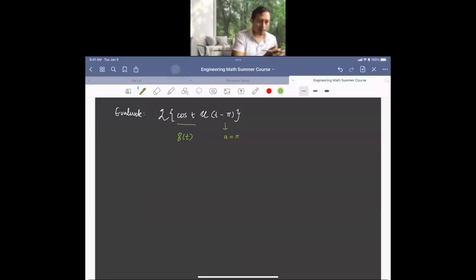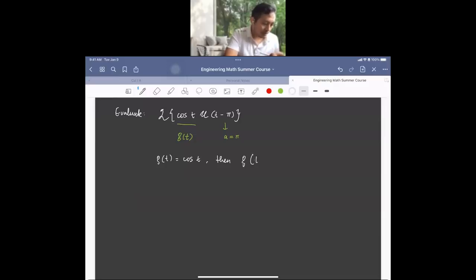So at least you can write that this is supposed to be equal to, the first is going to be e with power of something a, right? But let me just write, if g of t is our cosine t, a is pi, then